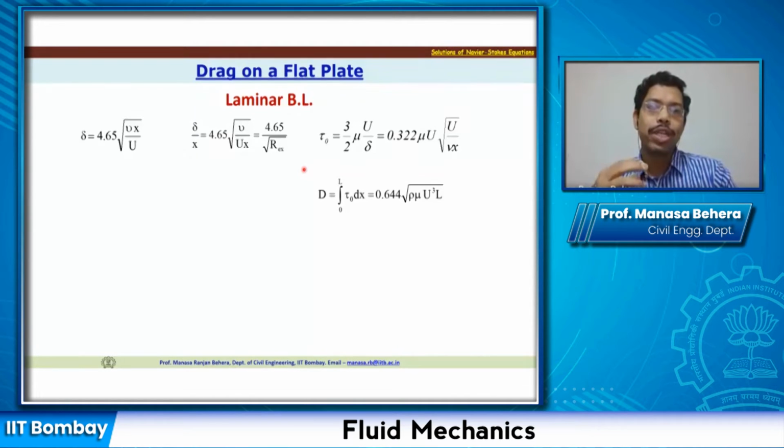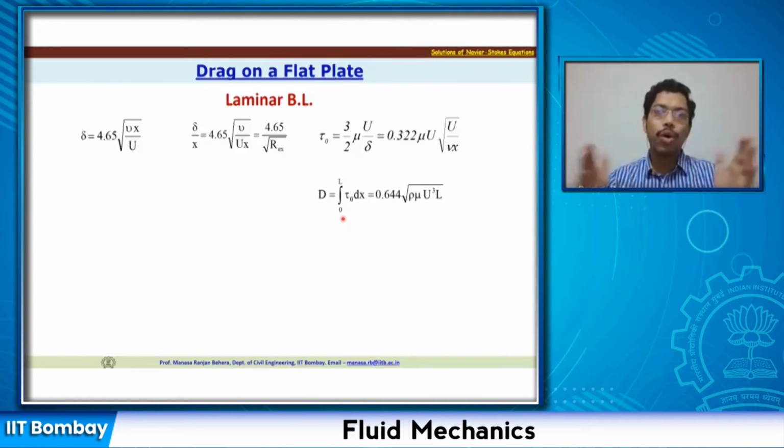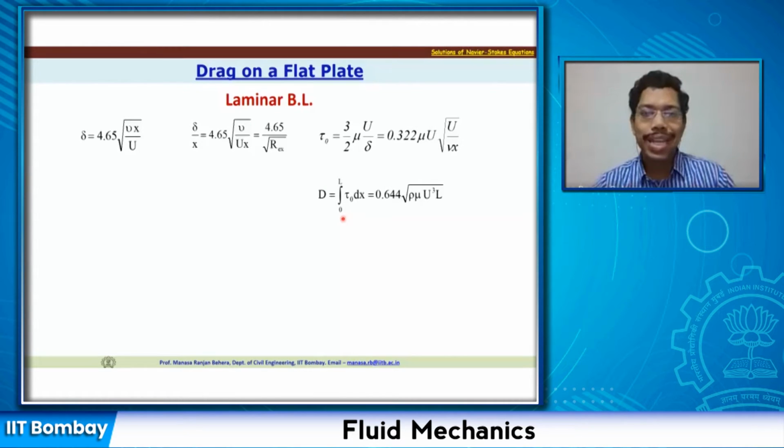What is drag force? The shear stress acting over an area. Now, if we take unit width and integrate over 0 to L, the length, then per unit width over a length, the force that is going to act is D, and that can be obtained by integrating tau over 0 to L, and that will give us